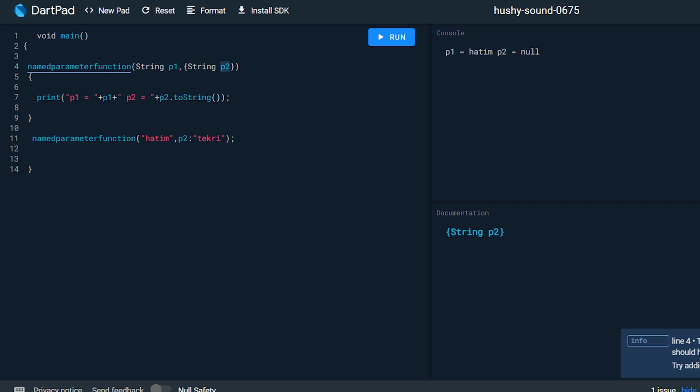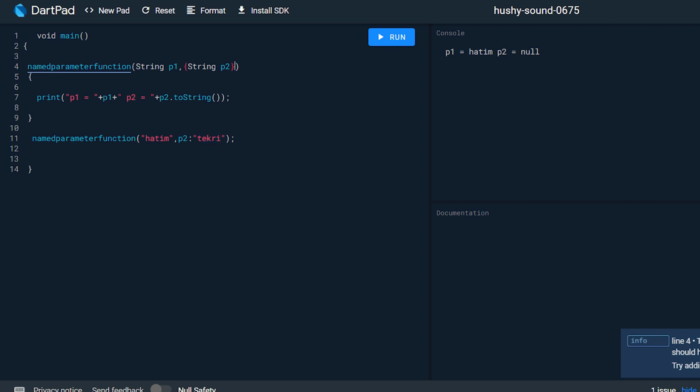So at the time of function calling, if we want to pass the named parameter, we first put the parameter name, then a colon, and after the colon we put our argument or the value which we want to pass to the parameter p2.